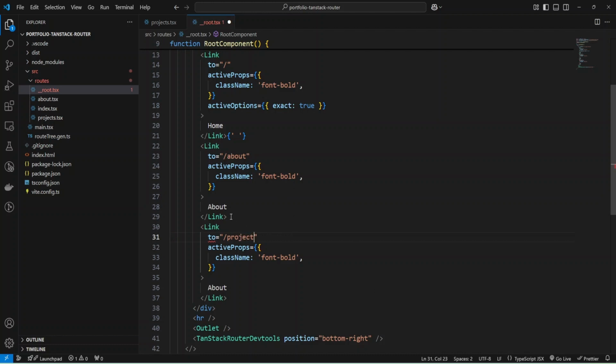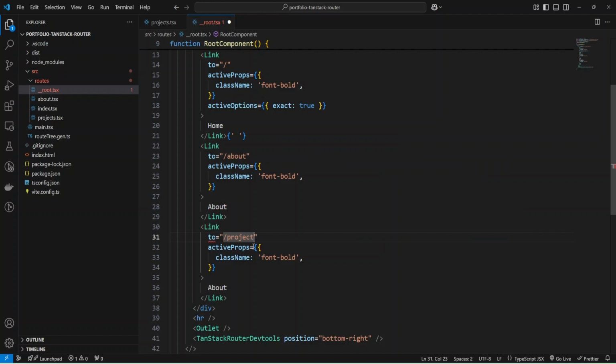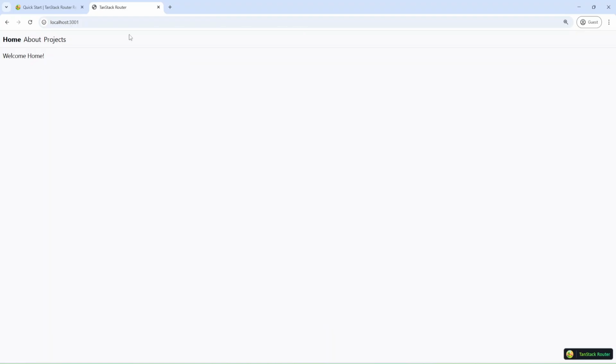And as you can see, if I specify an incorrect path, I see the error, and I need to provide projects, and also here. Now I'm going to save, and let's check what I have. And as you can see, we have our projects and the content that was auto-generated.